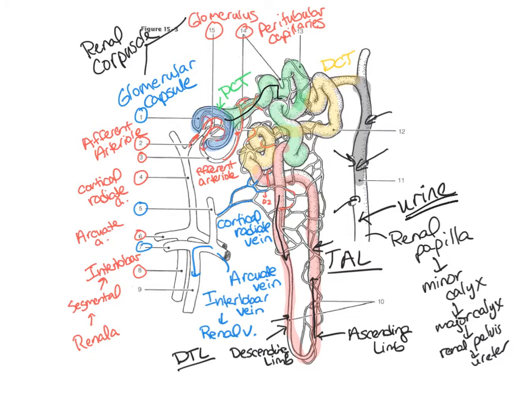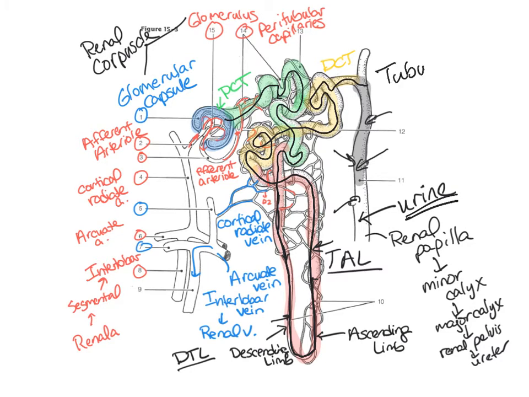So while that fluid is in all of these, the proximal convoluted tubule and the nephron loop and the distal convoluted tubule, all along the way there, we refer to it as tubular fluid,